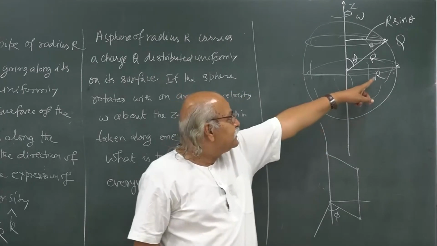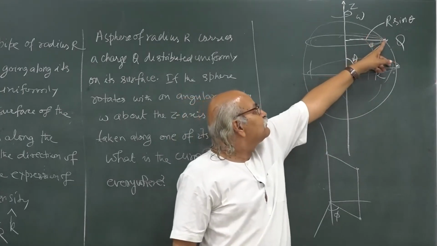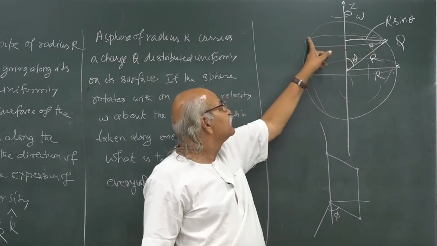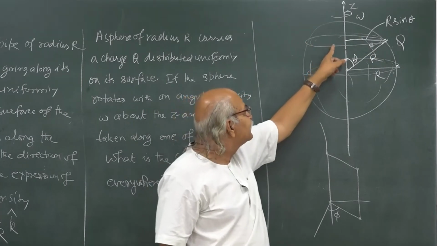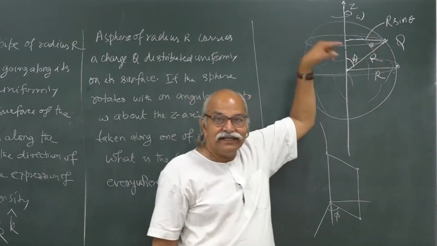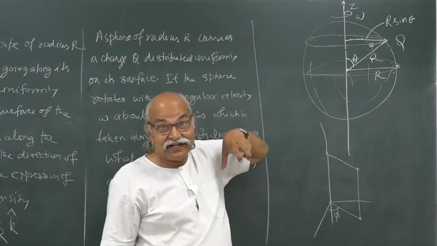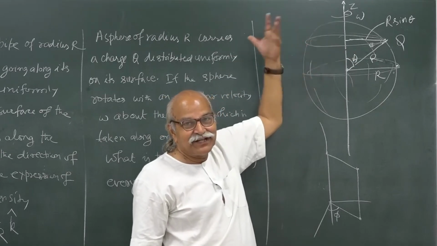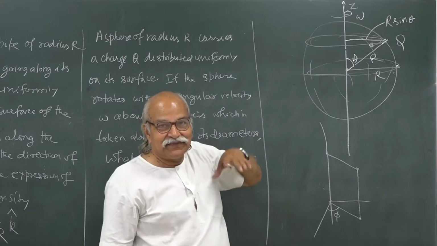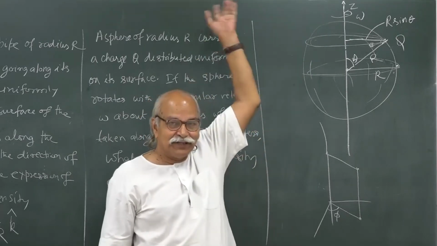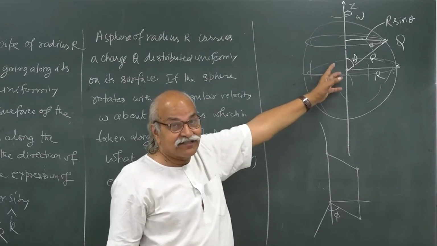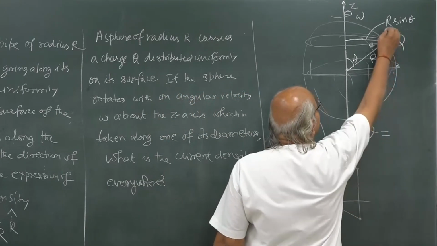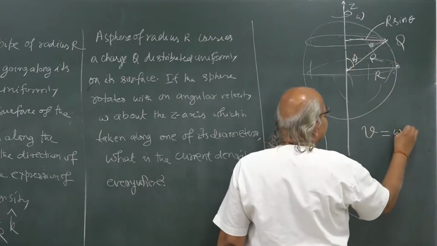So, this velocity is in the direction of phi cap. Here phi cap is this tangent, here it is this tangent, here it is this tangent. All these are phi cap directions. They are different directions; the phi cap here is not the same as phi cap there. In Cartesian, i cap, j cap, k cap do not change directions wherever you take your point, but in spherical polar coordinates, yes. So, the velocity is omega times the radius, which is r sin theta,